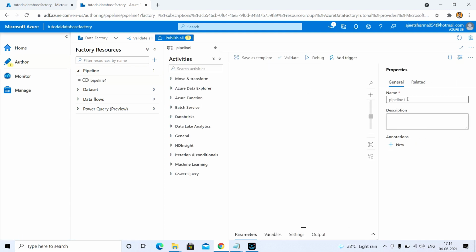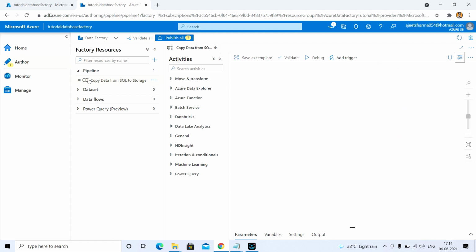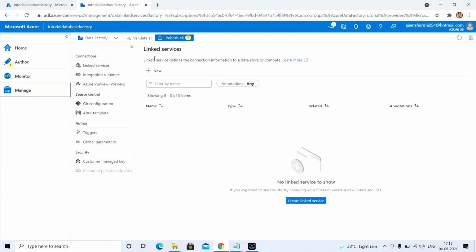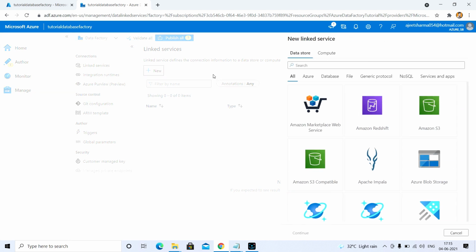I'm creating a new pipeline, naming it Copy Data from SQL to Storage. Okay. After that, you just go to Manage and Linked Services. Here I'm going to link a service.